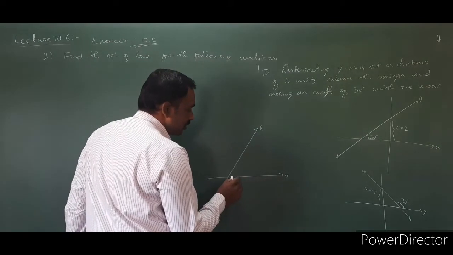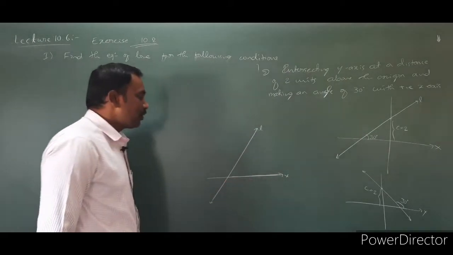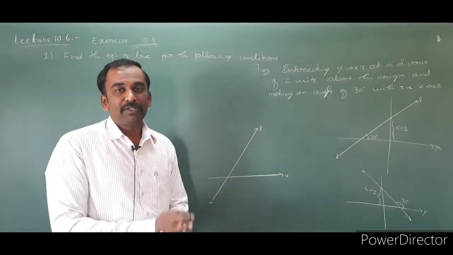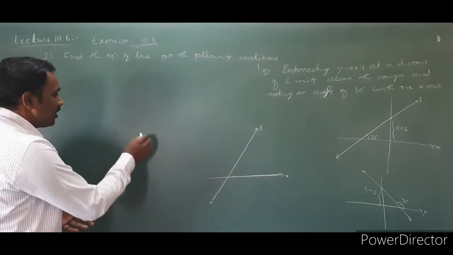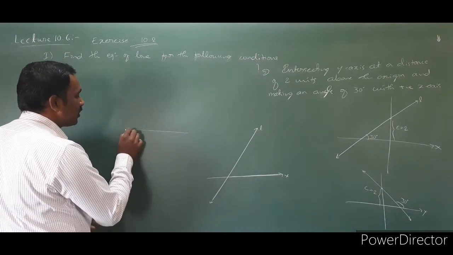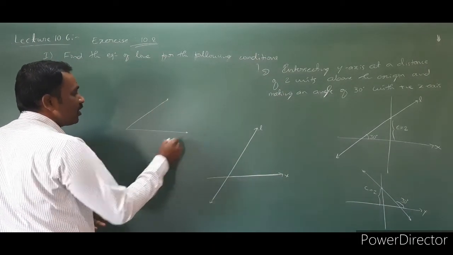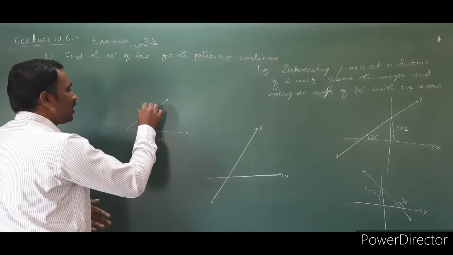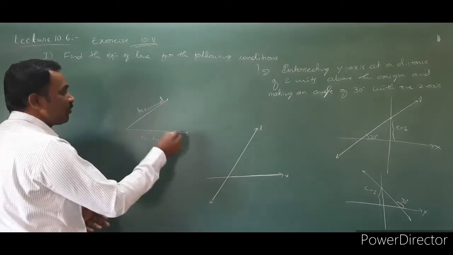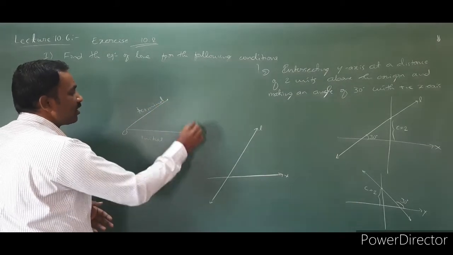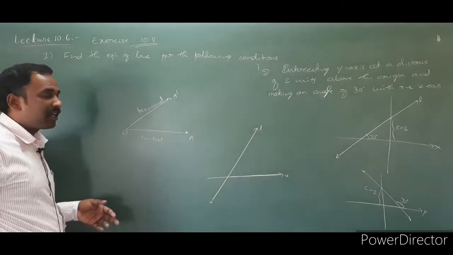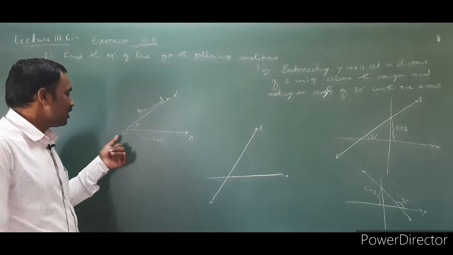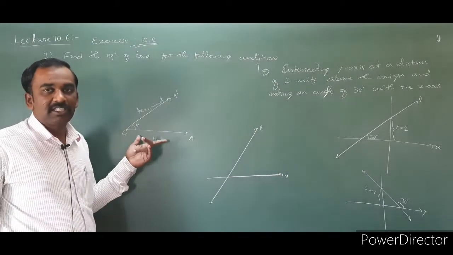Direction is what? This is the direction. First of all, you come to understand that angle. What is the definition of the angle? Angle is a quantity which is described or obtained between the initial ray and the terminal ray. This is said to be the initial ray and this is said to be the terminal ray. Whatever is obtained at the center, at the initial point of the rays, that is said to be an angle.